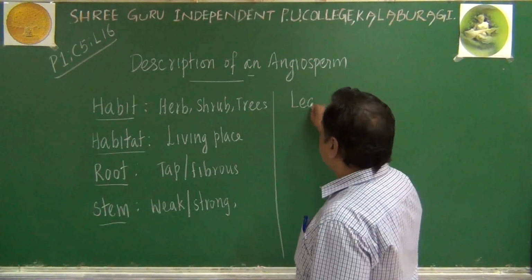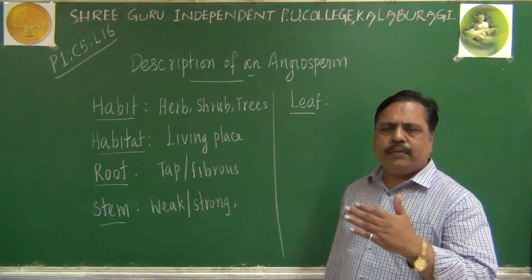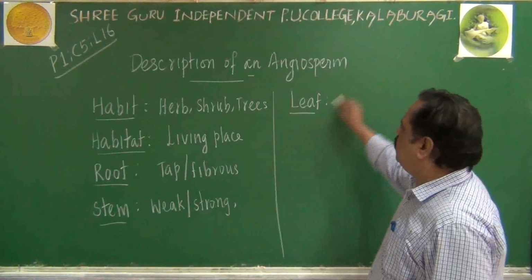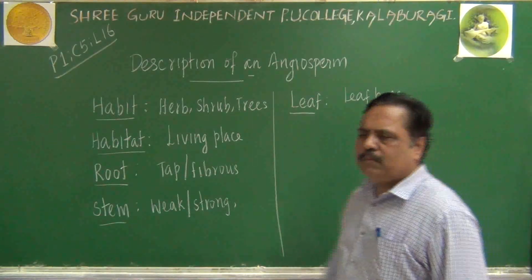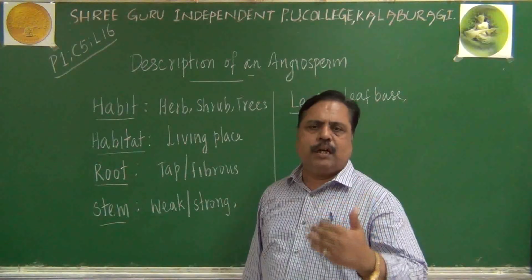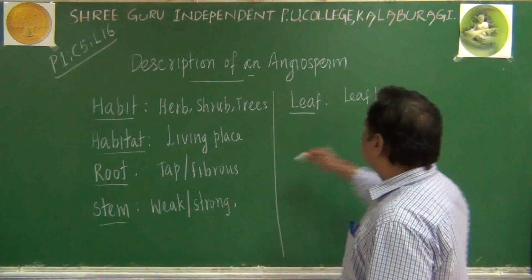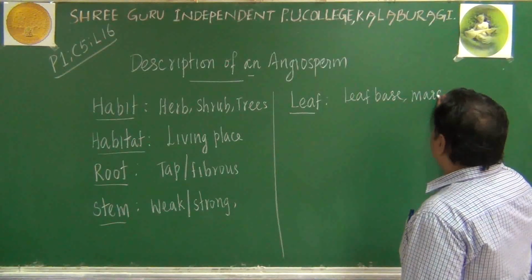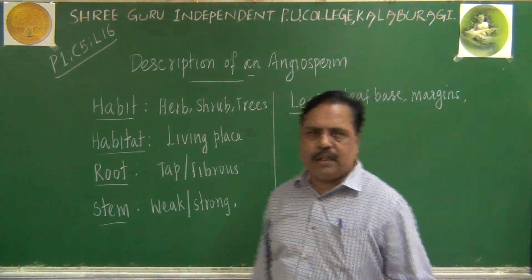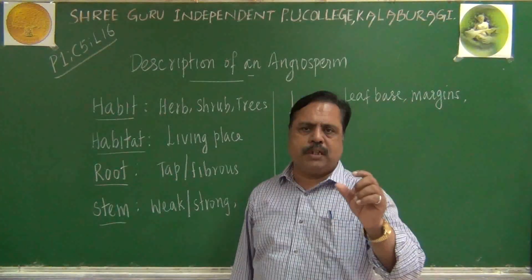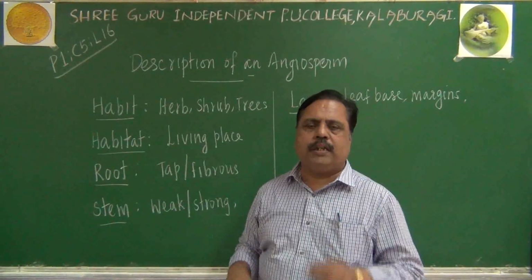the leaf of the plant can also be described in this case. When we come to the leaf, we can write about the leaf base if necessary. Leaf base, you may remember, can be sheathy leaf base or pulvinate leaf base. About the leaf margin, you can write some points also. I told you in the description of the leaf, serrated margin, smooth margin, wave-like margin, all that we can write here about the margin.